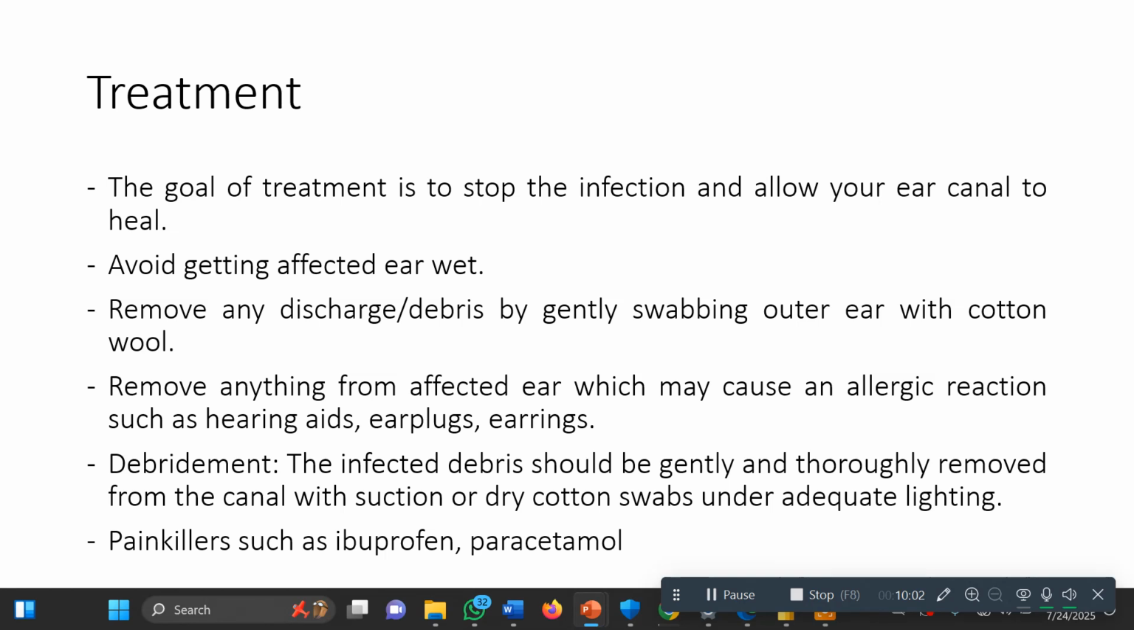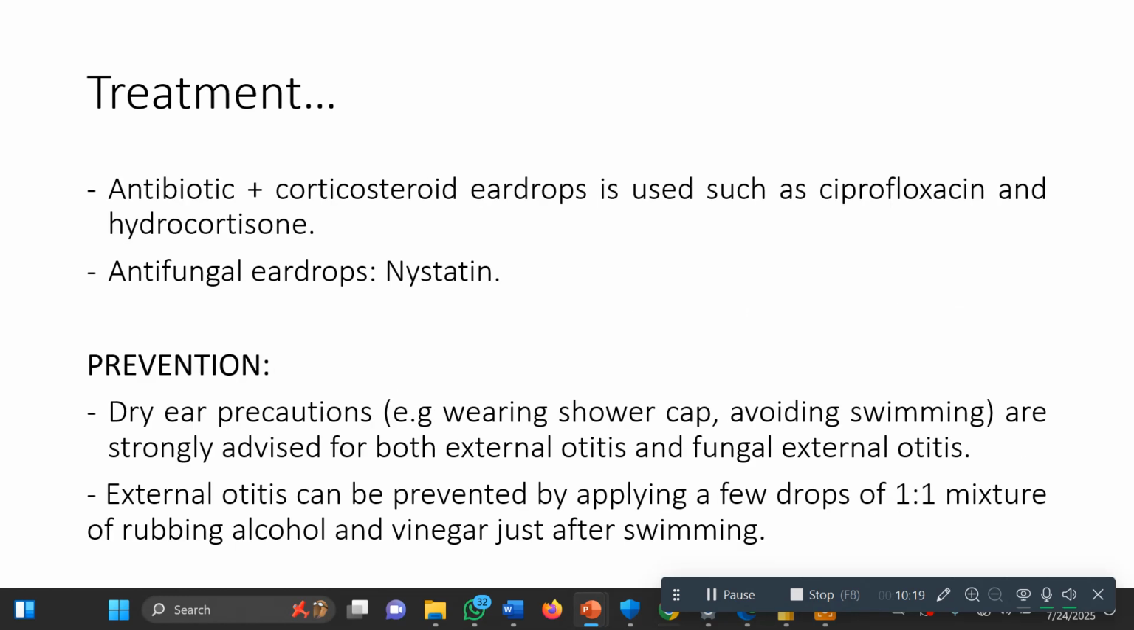Debridement: infected debris should be gently and thoroughly removed from the canal with suction or dry cotton wool swabs under adequate lighting. Painkillers such as ibuprofen and paracetamol can also be given to the patient to manage pain. Antibiotics plus corticosteroid ear drops is